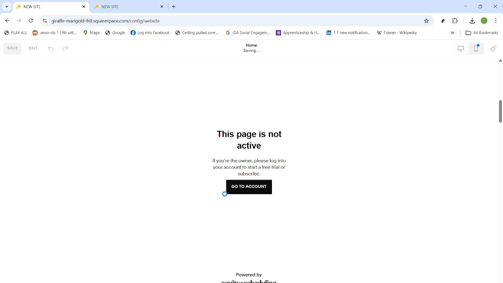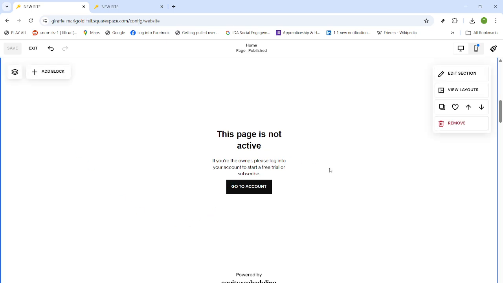That's it. You've embedded Acuity in your Squarespace site using the scheduling block, connected your account,